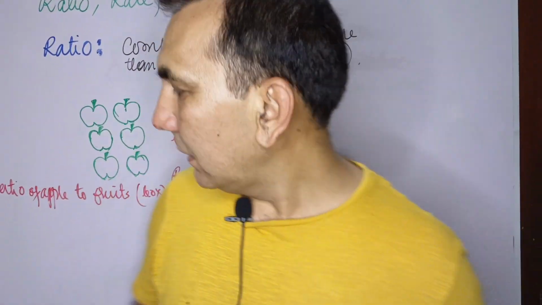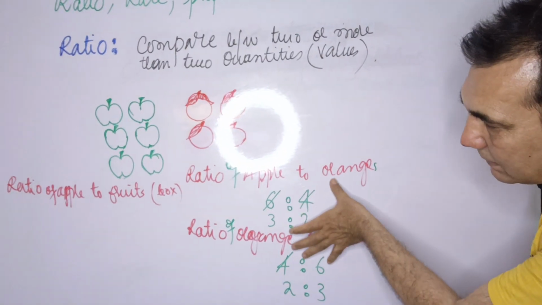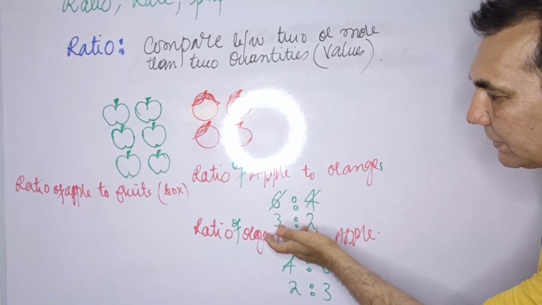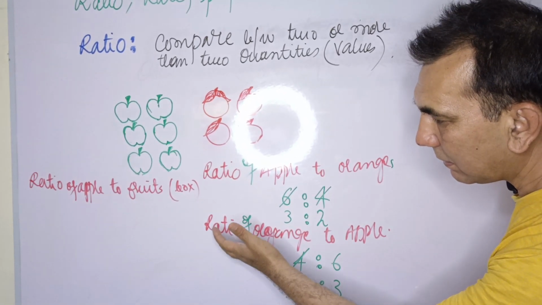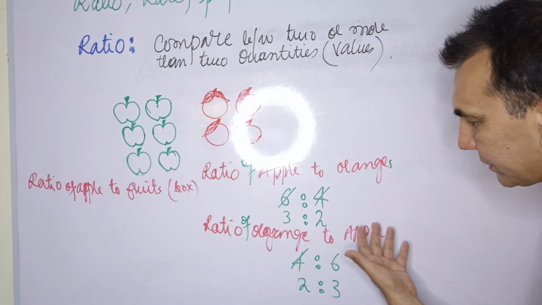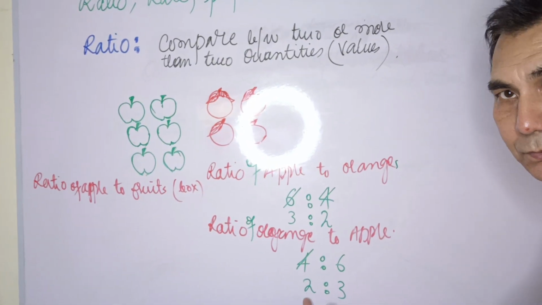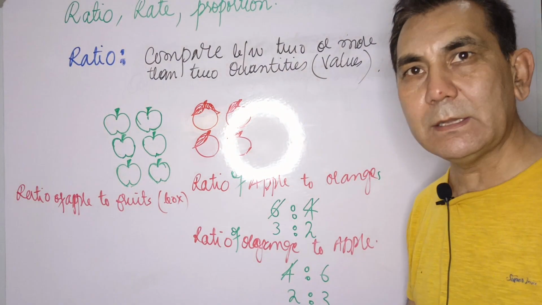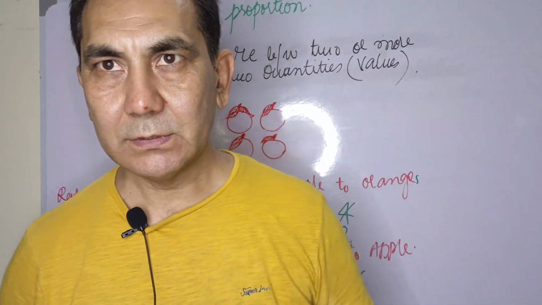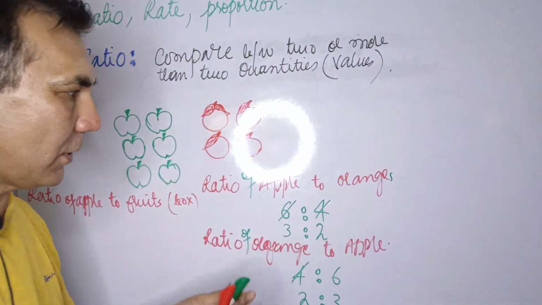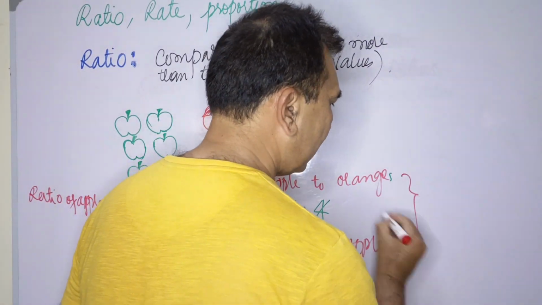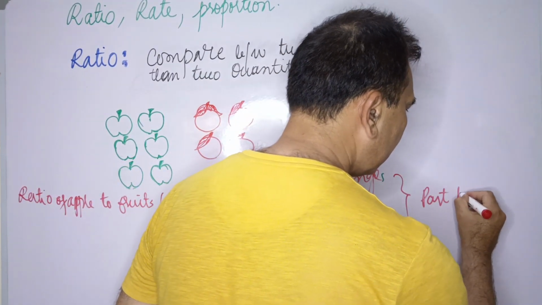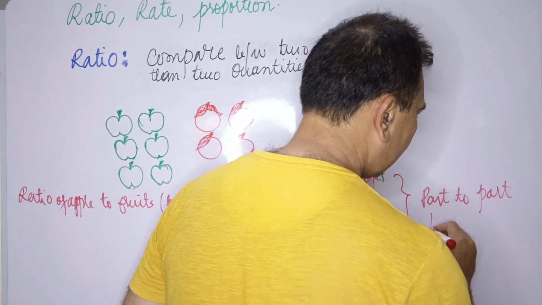In the first two, we found the ratio of the apple to orange, which came up as 3 to 2, and we calculated the ratio of the orange to the apple, which came up as 2 to 3. Now both of these are called part to part ratios. Both these calculations of the ratio are called part to part ratio,